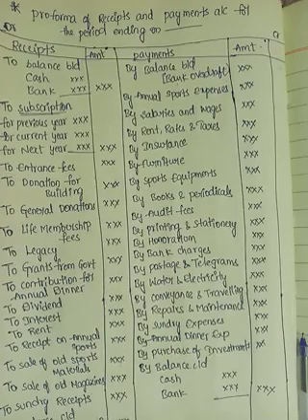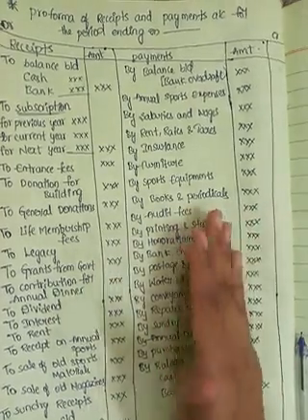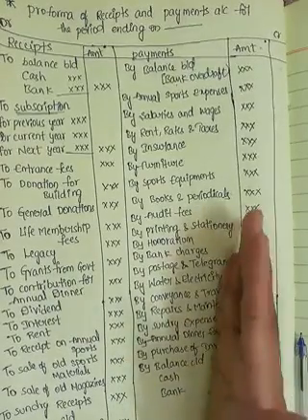Step two is to analyze the figures given in the expenditure side of the income and expenditure account. In the income and expenditure account we will identify the expenditures. First, post those items of expenditure in which no adjustment is to be made; they come directly under the payment side of the receipts and payments account.